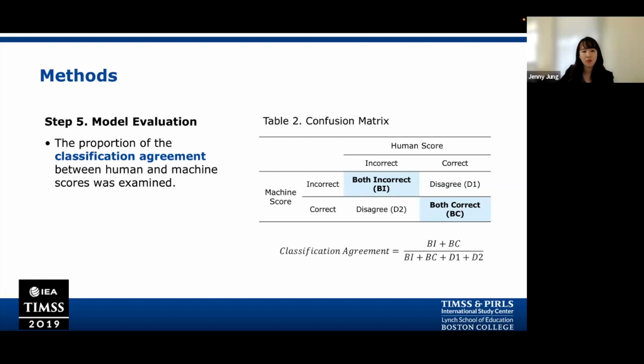Step 5 is model evaluation. So how can we evaluate the performance of automated scoring, how can we evaluate whether it is doing a good job or not? To measure the performance of the automated scoring, we checked the proportion of the classification agreement between human and machine scores. Table 2 on the right side,